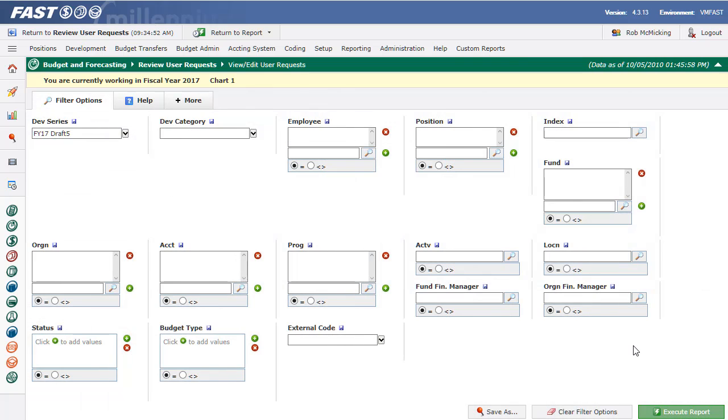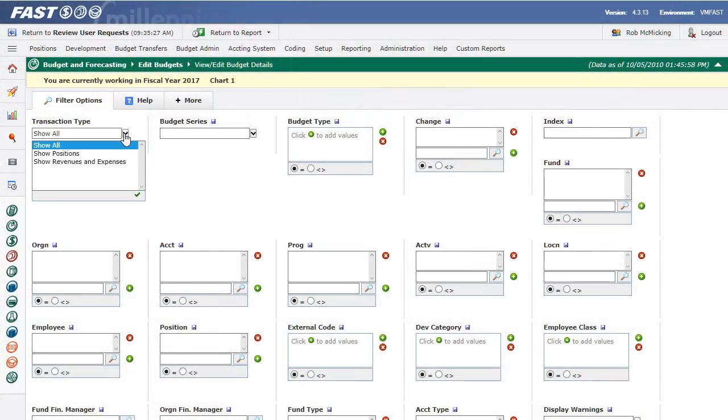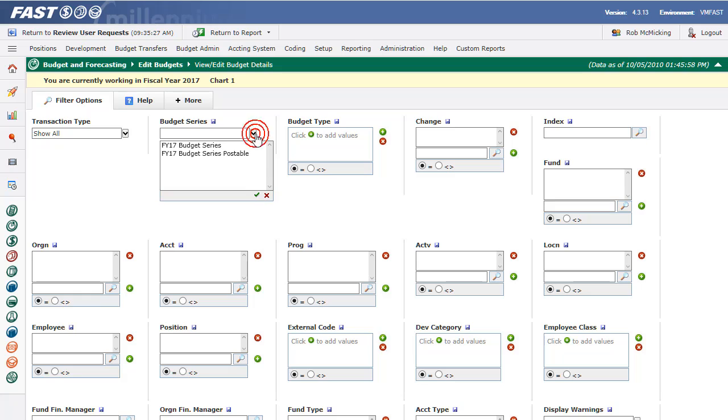So now we have effectively pushed all of those line items from my development series, Draft 5, into my budget series. They have now landed in what's called the Fast Budget and Forecasting subledger. Let me show you where that is. Under Budget Admin, we're going to go to the Edit Approved Budgets subledger. We can modify this by transaction type if we'd like to, or leave it as the default, which is Show All. And then I'm going to choose the budget series I just posted to